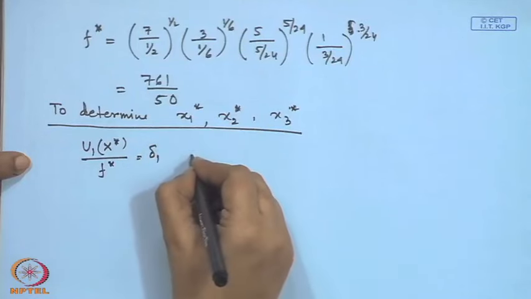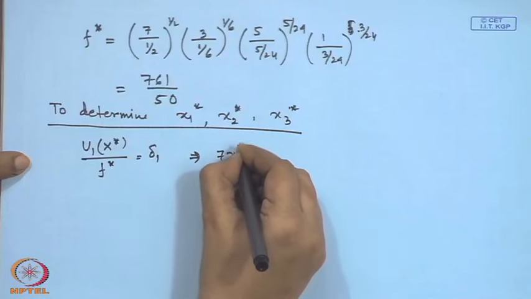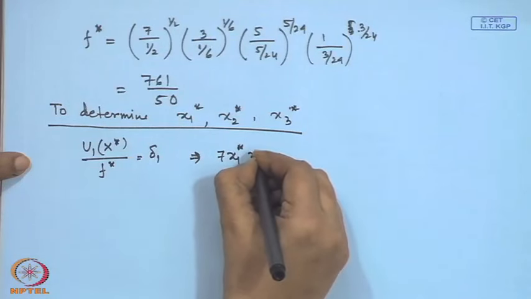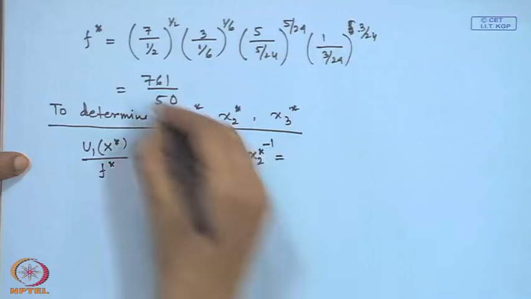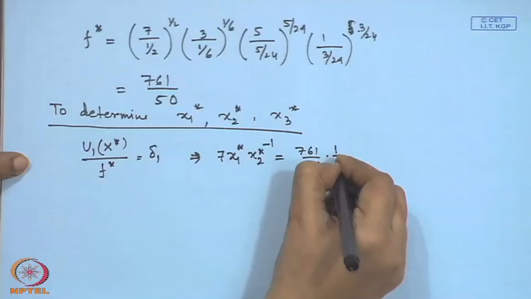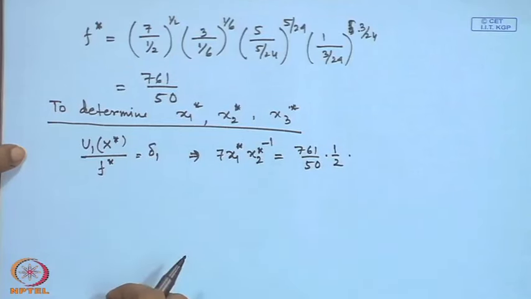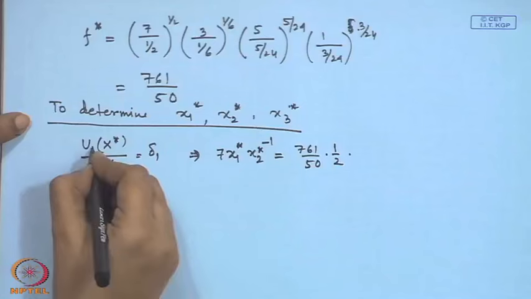Thus, we get from this equation that 7 x1 star into x2 star minus 1 is equal to f star, that is 761 by 50, times delta 1, which is half, all right. And we are getting other equations as well from other j's,